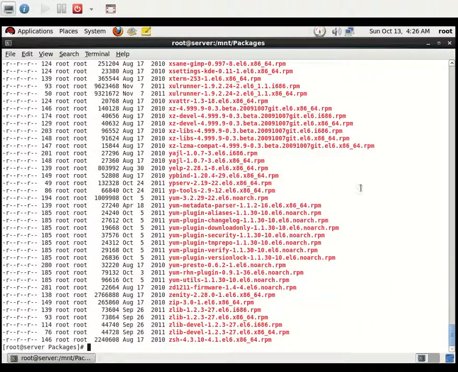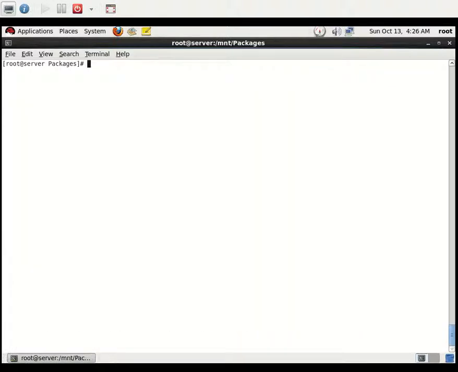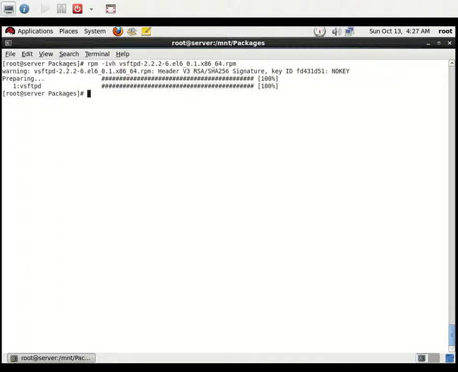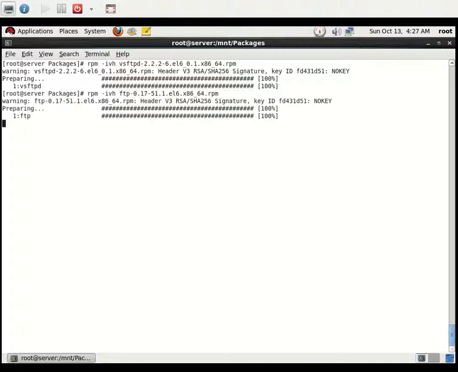So I'm going to install this. For installing the rpm package manually, we use the command rpm -ivh vsftpd, the package name. It's installed. To use FTP we need to install the ftp package too. For that, rpm -ivh ftp and press tab. It also got installed.